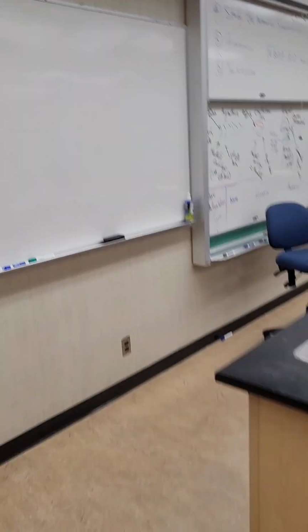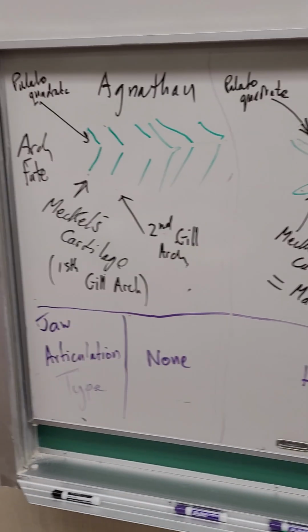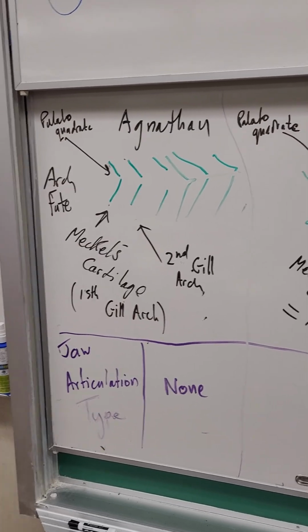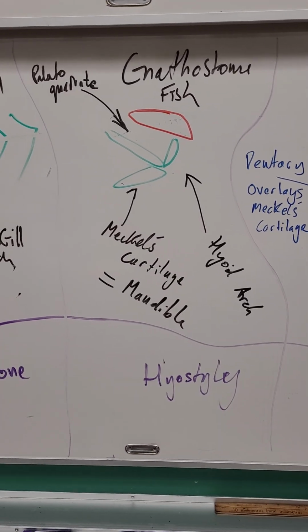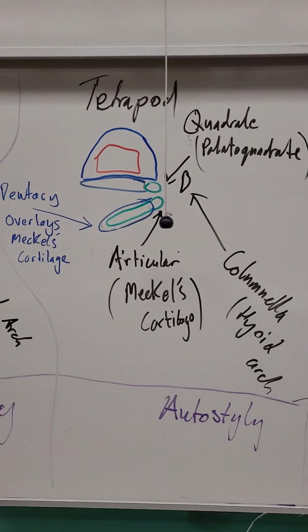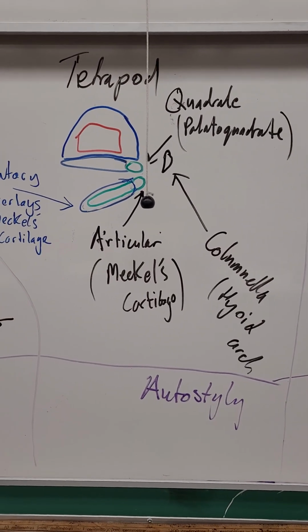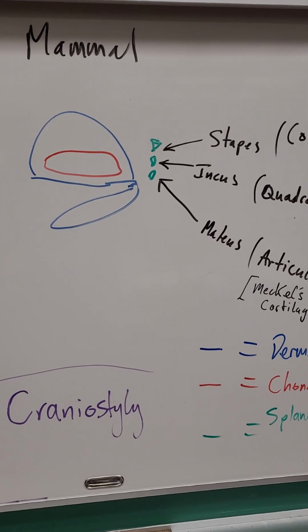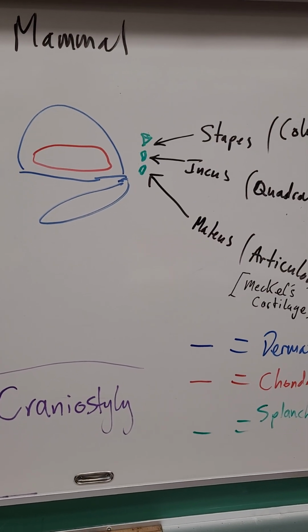If you ever want to reference it, this is the story of what happens with the splanchnocranium and its interaction with the dermatocranium. Going through from an agnathan, you'll see Meckel's cartilage is the first gill arch, and the hyoid is going to be the second gill arch. You can see that change through an early gnathostome fish with its hyostyly jaw articulation, to an early tetrapod on land, which has become autostyly, and we now start to see a dermal skeleton involved in the jaw. And then finally we see the loss of the splanchnocranium, first and second arch, from the jaw, and instead those are fully incorporated into